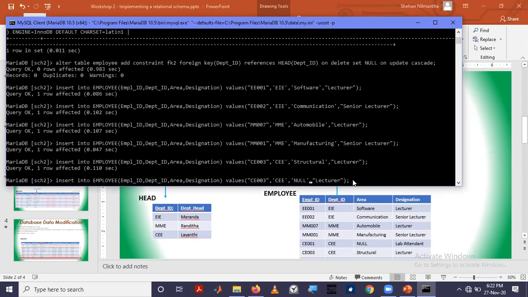So how we are going to enter is, you are going to enter into these three attributes only. You omit this attribute. Means you remove this area and enter these attributes.